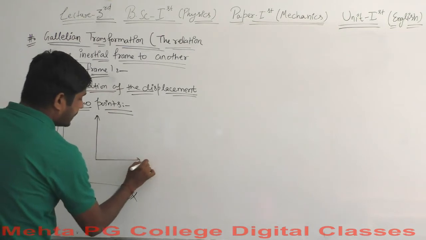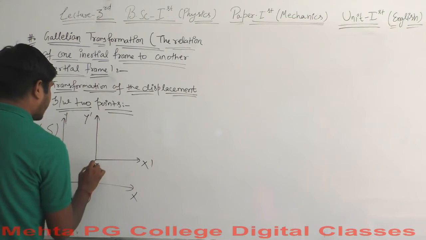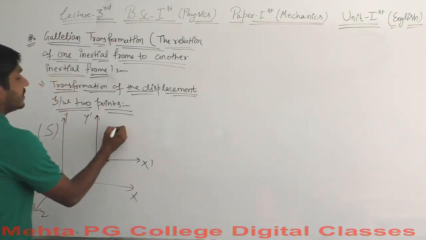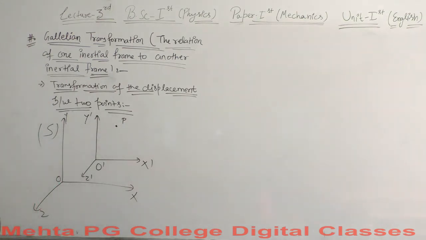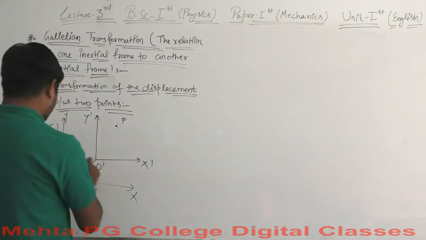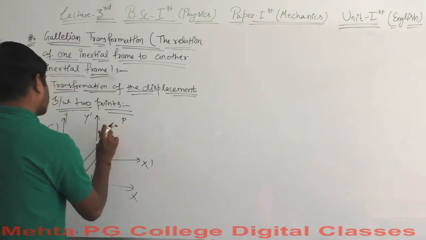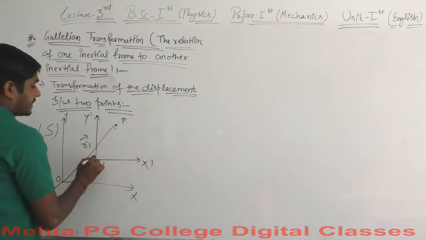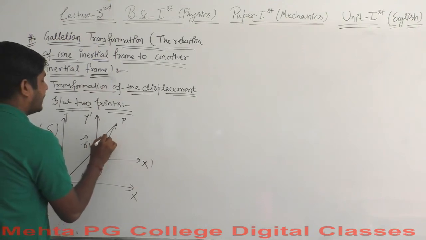These are the coordinates x dash, y dash, and this is the coordinate z dash, and origin at point O dash. For example, this is the time when we are considering our point P here, and now we are subjected to draw our position vectors. We will go through having 4 position vectors by now. Let's say this is the position vector R1 here. This is the R1 vector, and from this reference frame, let's say this position vector is R1 dash vector.